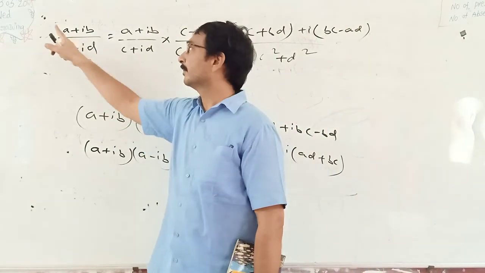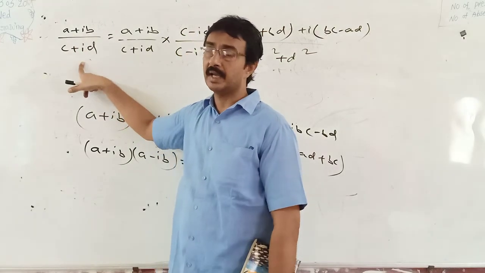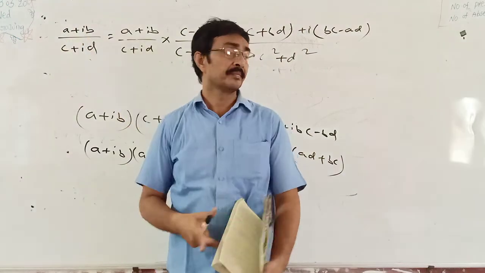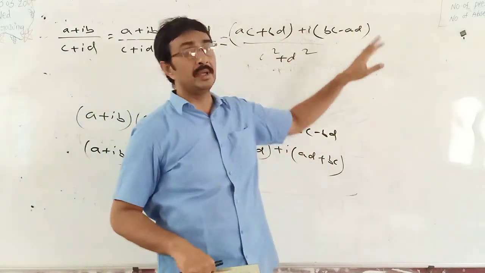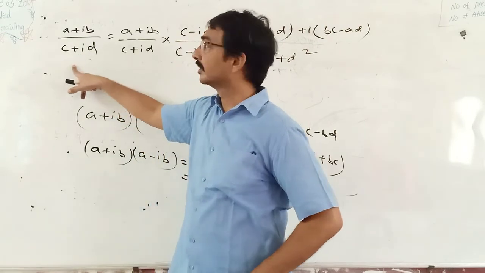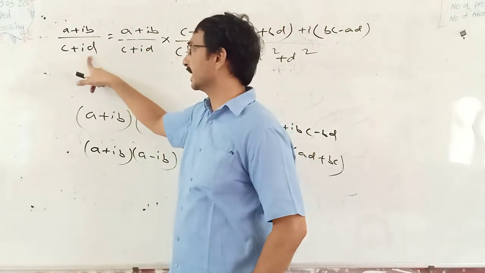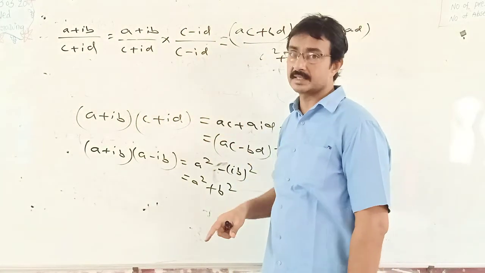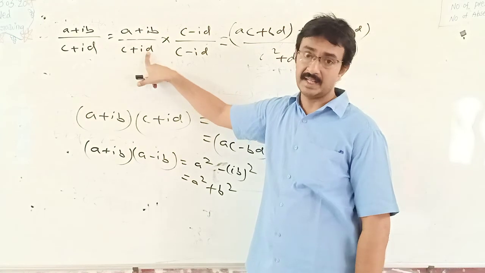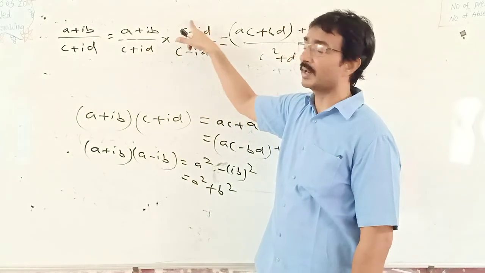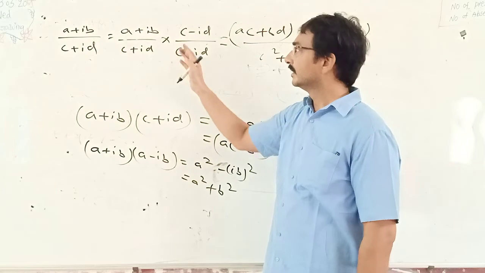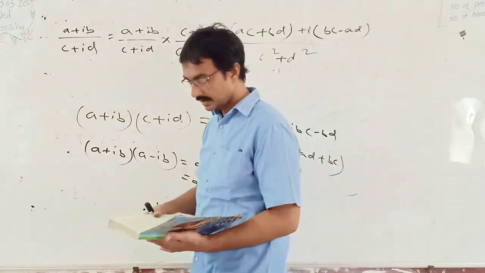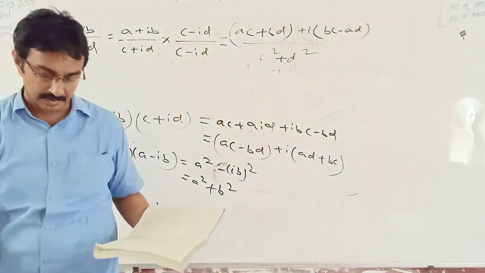If we need (a + ib) by (c + id) in the form a + ib, to convert it into this form, rationalize the denominator, meaning multiply and divide. If there is c plus id in the denominator, multiply and divide with c minus id. If there is c minus id in the denominator, in that case we have to multiply and divide with c plus id. Just ordinary multiplication. Just remember the procedure. Don't learn this by heart. This is division of two complex numbers. Okay.